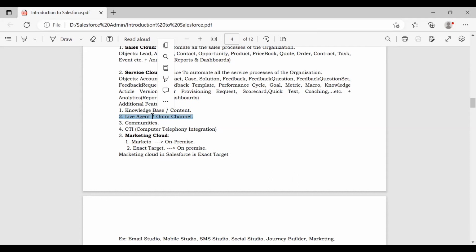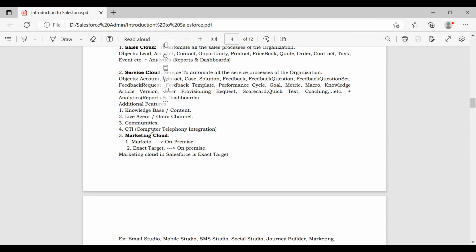By using this omni-channel or live agent, you can directly post your problem in the chat window, and the service technician, if it is a small problem, can provide the solution right there in the live chat itself. So instead of contacting the service center every time, you can raise your question or case in the live chat window, and the service technician will be on the other side, available to provide the solution for your case.